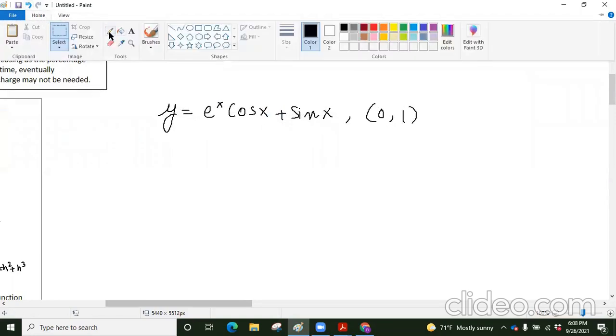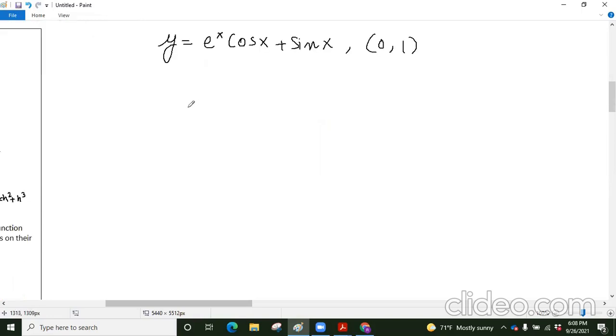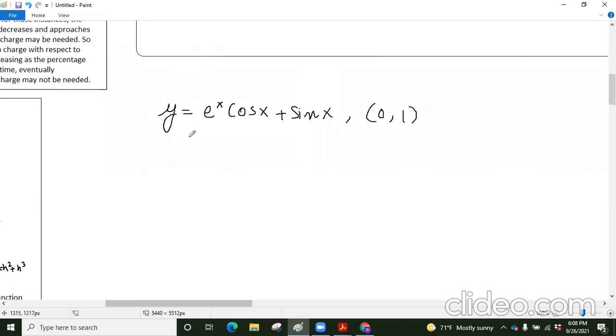Slope of the tangent line. So for the slope of the tangent line, we first need the derivative of y, which is y prime, and that would symbolize m, and m is the slope for the tangent line, and then we'll use m to find the equation of the tangent line. y prime is equal to the derivative of e to the x cosine x plus sine of x,